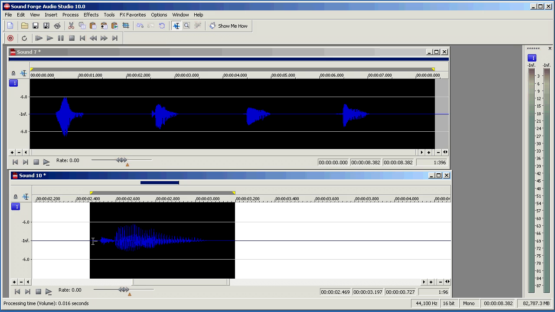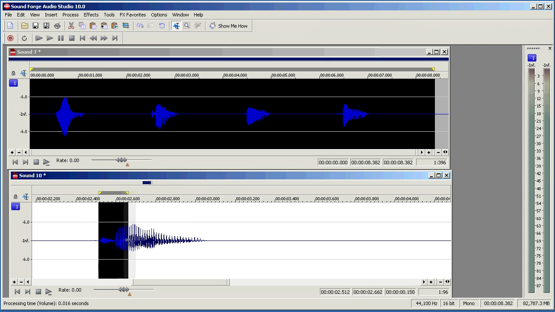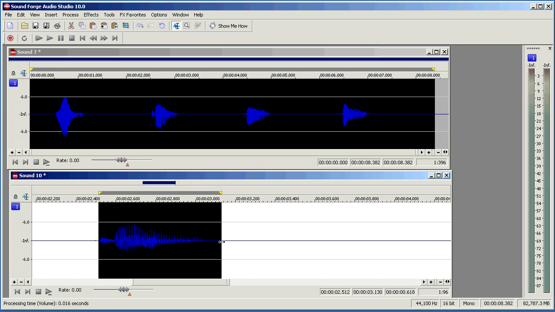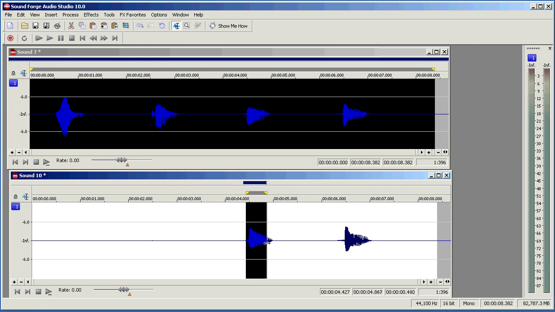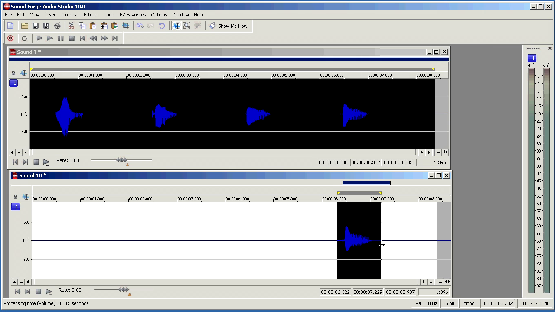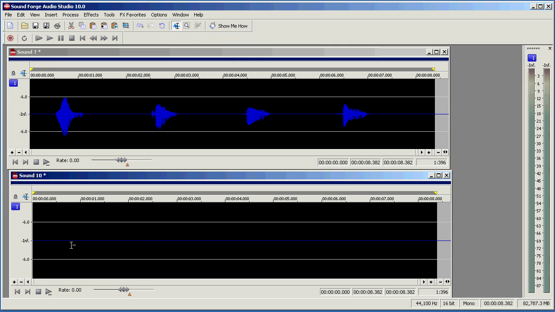With this particular way that I'm doing it, you don't have to be terribly accurate, but it does help to be somewhat accurate. Come up, repeat, come here, repeat, and come up here and repeat. Now that we have this, we're going to highlight the entire thing, right click, copy,